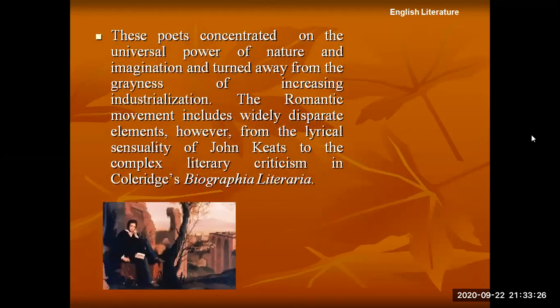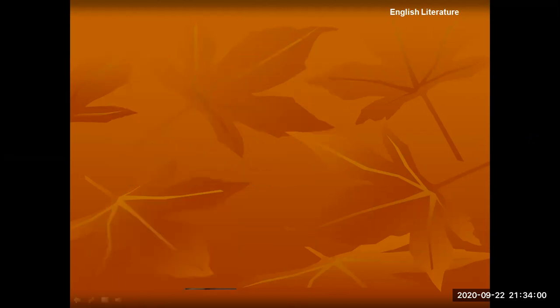These poets concentrated on the universal power of nature and imagination and turned away from the grayness of increasing industrialization. The Romantic movement includes widely disparate elements. However, from the lyrical sensuality of John Keats to the complex literary criticism in Coleridge's Biographia Literaria,